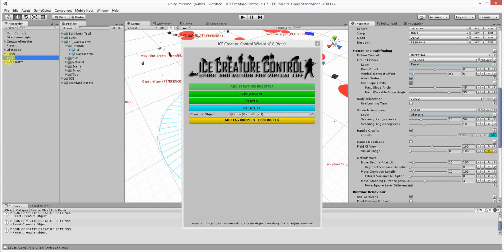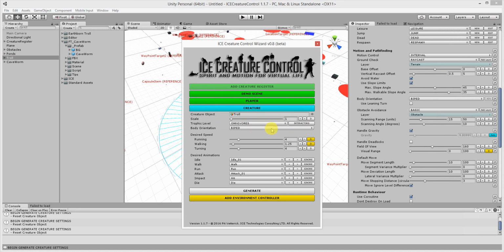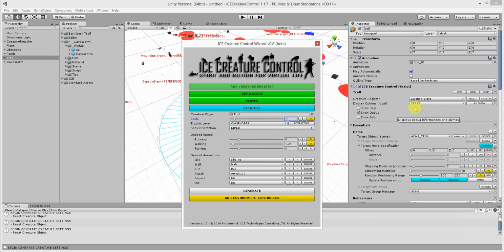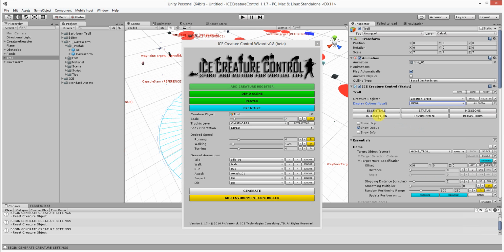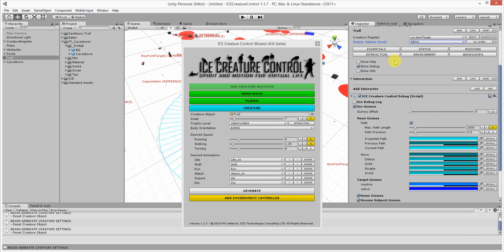Now we go back here to the troll. Here we have already adapted the size. It's omnivore, bipeded, yes. All the rest is okay. The only thing we have to do here now is go to the menu, click interaction, and activate the interactors